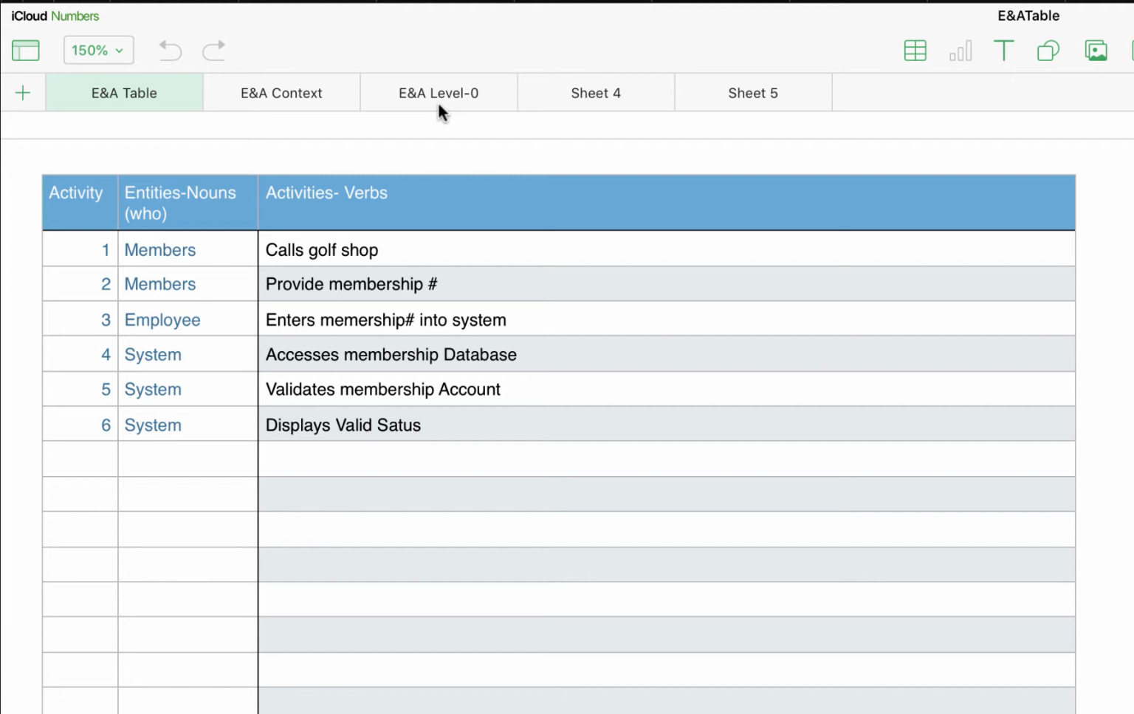What I want to do in this video, though, is just go through the steps of creating the ENA table. And I've partially gone through that here. Notice that we have 3 columns. One is just labeled activity, that's for numbering each activity. Then an entities column and an activities column. So let's go through the first paragraph of the narrative and see how I created these activities, the entities and